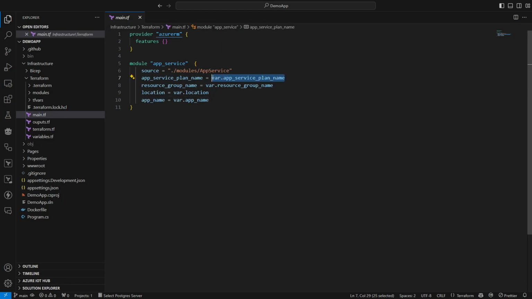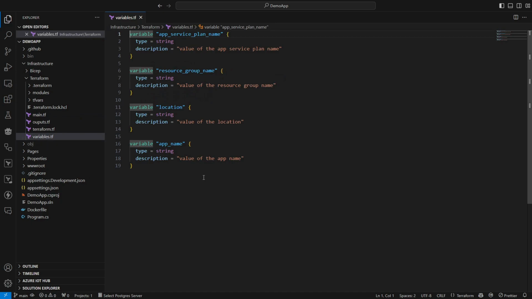These var objects, or variables, are defined within our variables.tf file. You can see here I've got a set of variables: an app service plan name, resource group, location, and an app name. These are all of type string, and I've got a description of what each of these does.